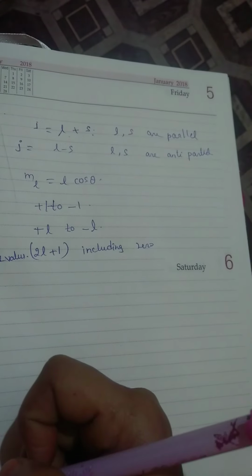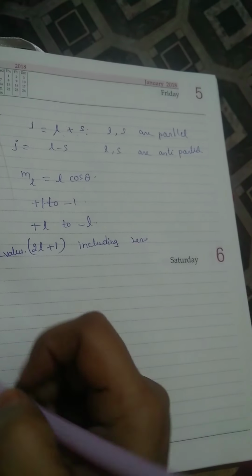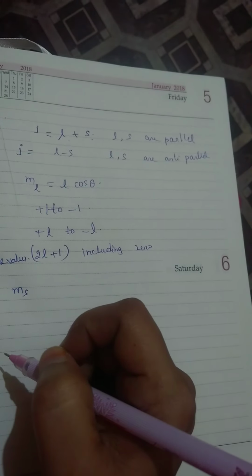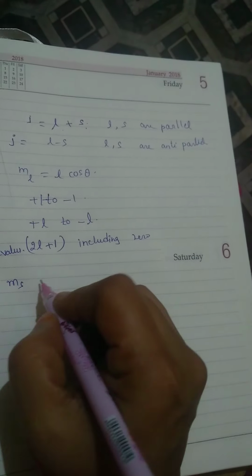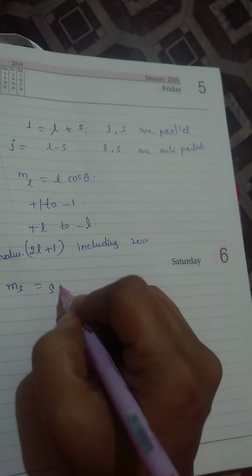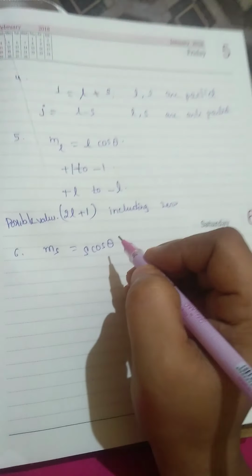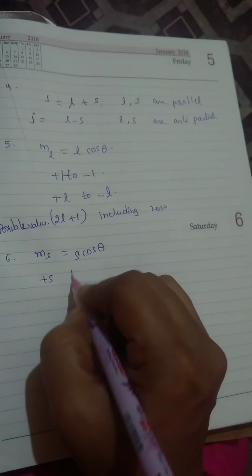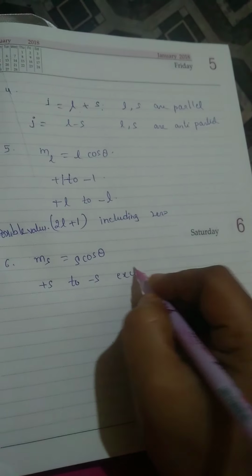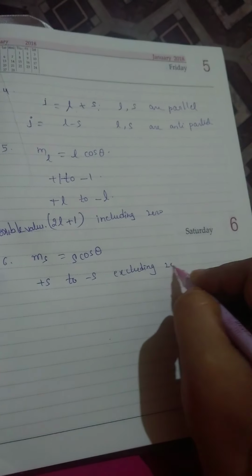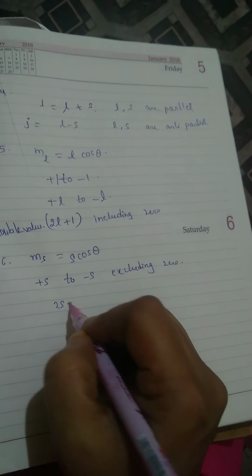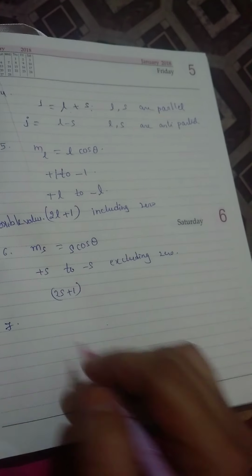The next quantum number is the magnetic spin quantum number, and it is represented by small ms. It is defined as the component of s in the field direction. That is, ms is equal to s cos theta. The possible values of ms are from plus s to minus s excluding 0. The number of possible values of ms is 2s plus 1. The last quantum number is the total magnetic quantum number, m